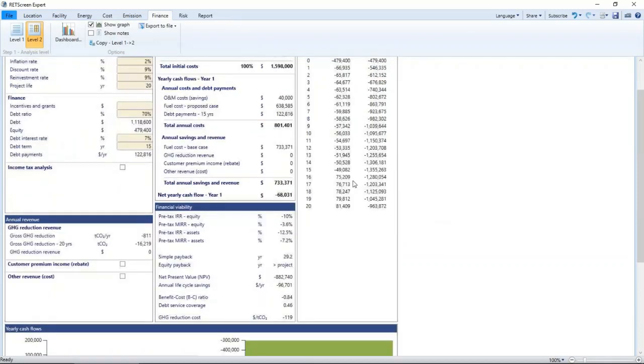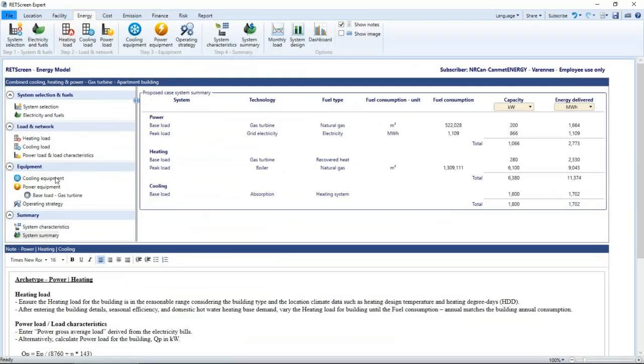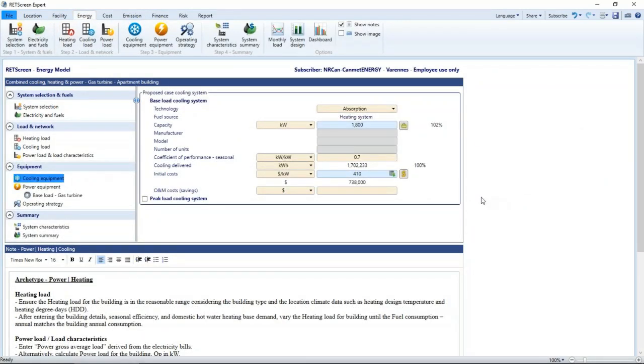Let's now go back to the cooling equipment section. In that section, we enter the cost for the cooling system. We have to be well aware that, in some cases, the incremental initial cost of the equipment could be required. If the existing equipment for cooling is perfectly fine, but you want to replace with a new system, the value entered is correct. However, if cooling equipment did not exist before and a new cooling system is being installed, then